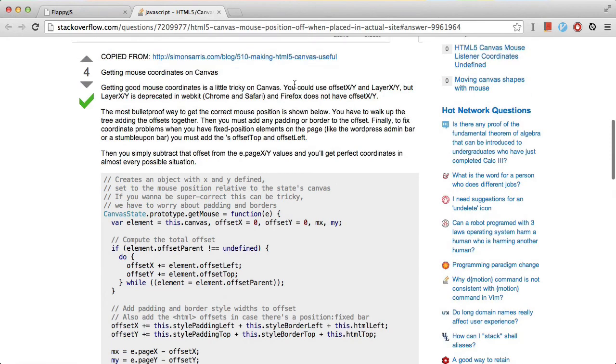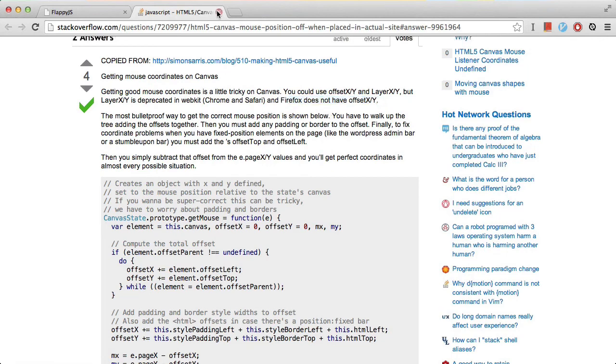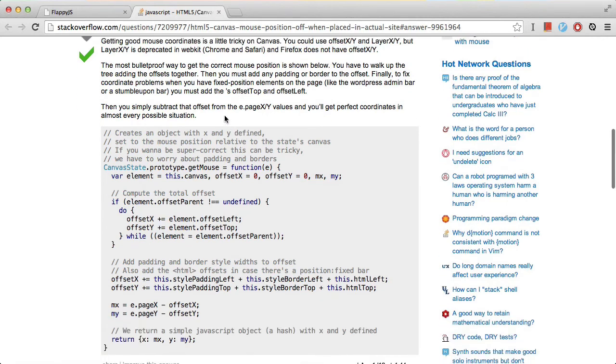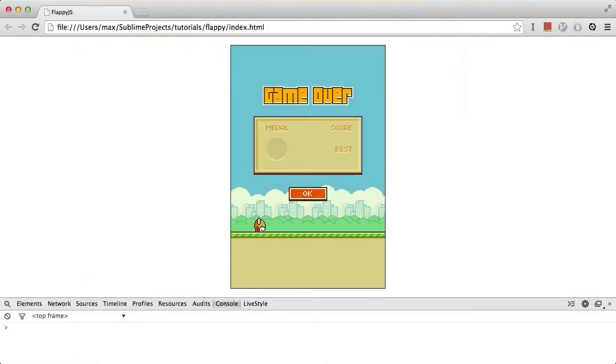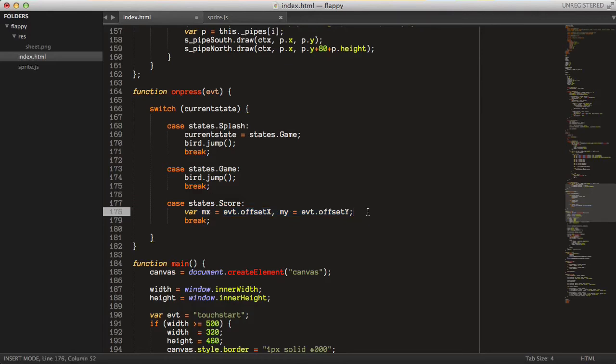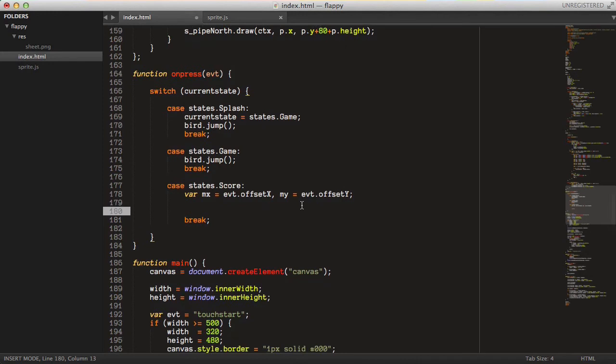And here we say that layer XY is deprecated in WebKit, but Firefox doesn't even have offset X and Y. Anyway, so that makes stuff like this a bit stupid and hard to figure out how it should be. But I'm on Chrome, so I will just use offset X and Y during this simple clone or something like that. Anyway, and then we just check if MX and MY, the X and Y position, is inside